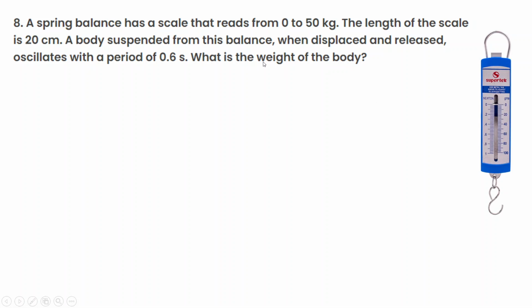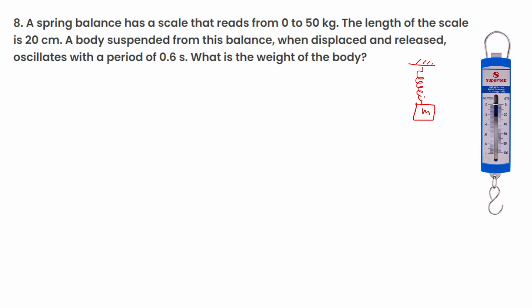In the question it said the spring balance has a scale that reads from 0 to 50 kg. The length of the scale is 20 centimeter. A body suspended from this balance when displaced and released oscillates. Like we see in a spring system, if there is a spring inside this spring balance, and I hang a mass,